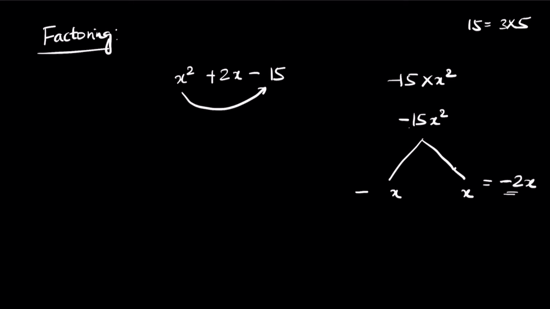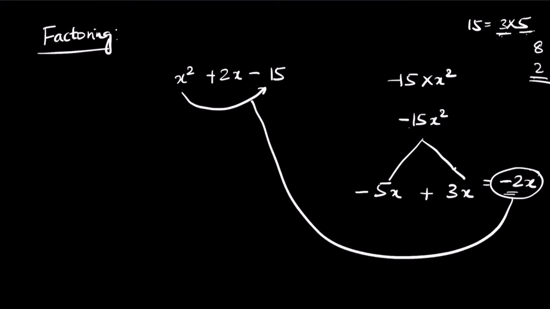So when you look at 3 and 5, notice that when you add 3 and 5 you get 8, but when you subtract 3 and 5 you get 2. So now you know that there is a value that gives you that answer 2. So take that as the value. So 3 and 5, the larger number is 5. So get the larger number to be negative, and 3x. Here we are adding negative 5x plus 3x. So we are going to replace this negative 2x in this problem by negative 5x plus 3x.